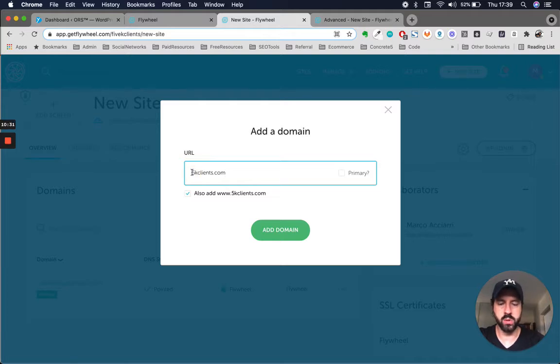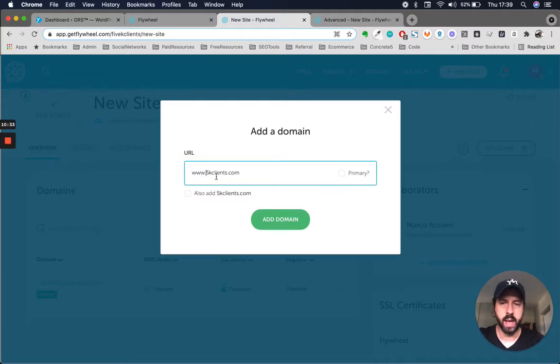So let's say you want to use www, you would add it here, and it's going to ask you, do you also want the one without it? And you're going to say yes, because you want both of these to be rendered on this website. In our case, I pointed